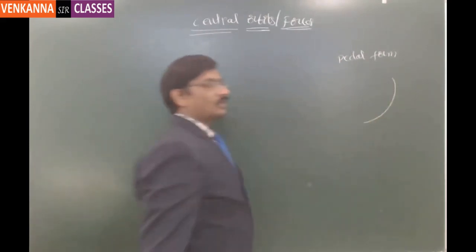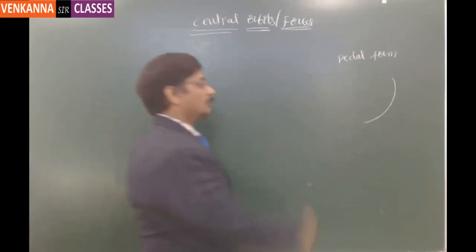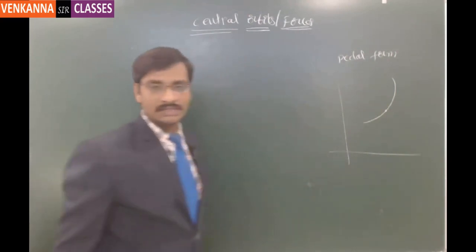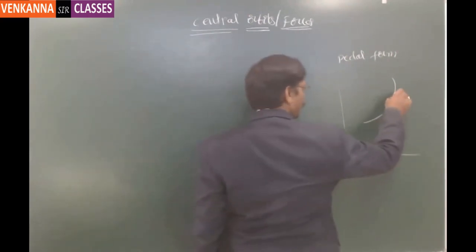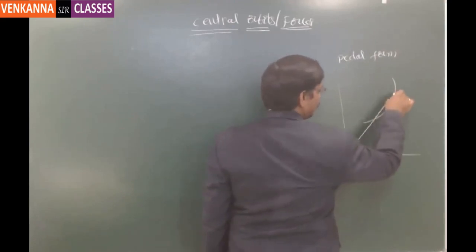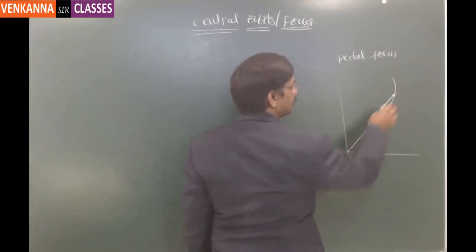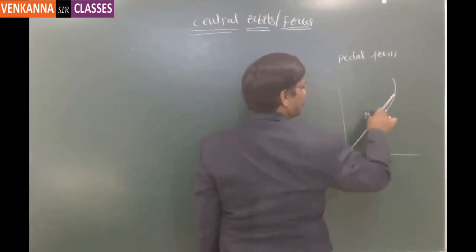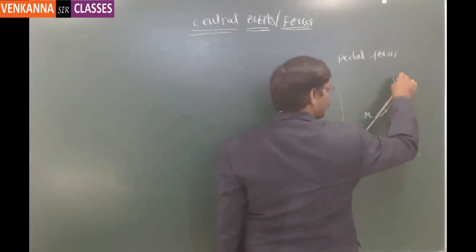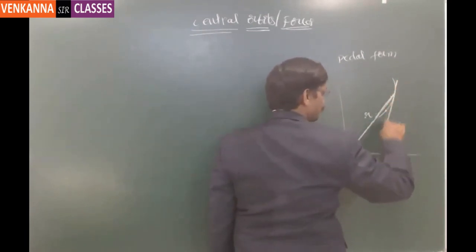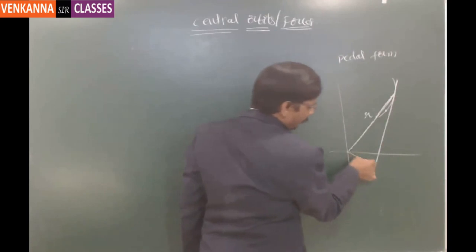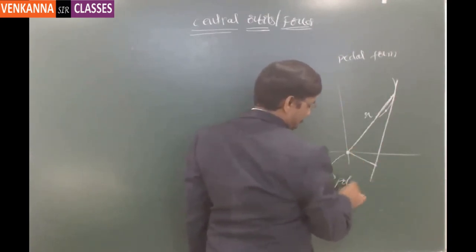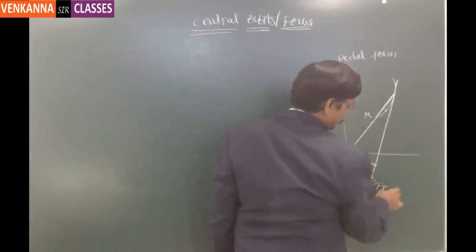if you are able to express the location of the particle in terms of the radius and the perpendicular distance to the tangent. Suppose I take a point at this location; the radial distance for this is this one. So this length is r. Now if I draw a tangent at this location, the tangent goes like this. Now if I draw a perpendicular from this pole, this point is called the pole, and this is the perpendicular distance